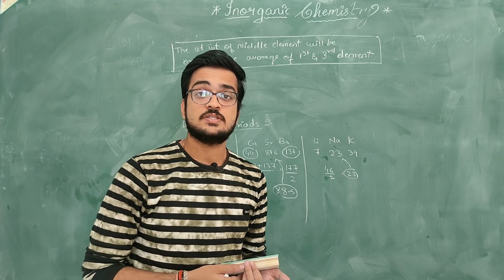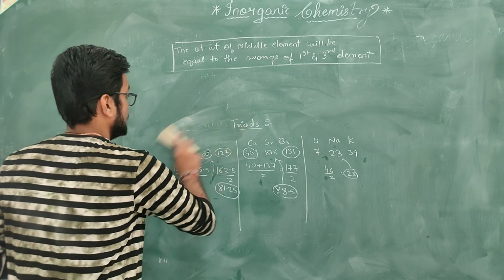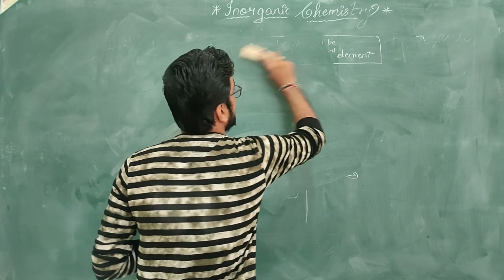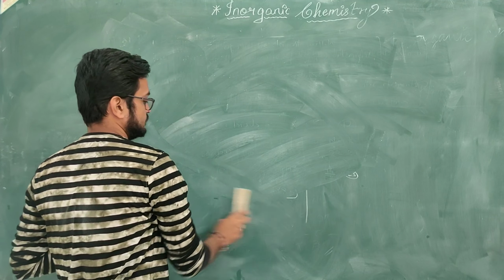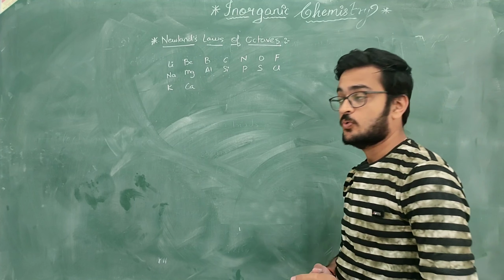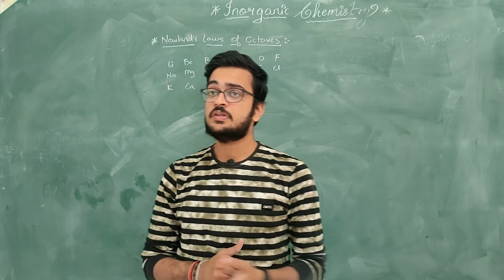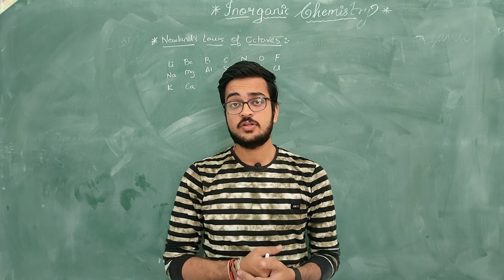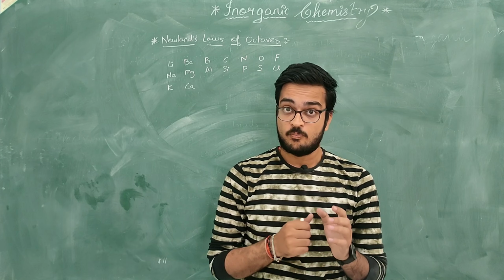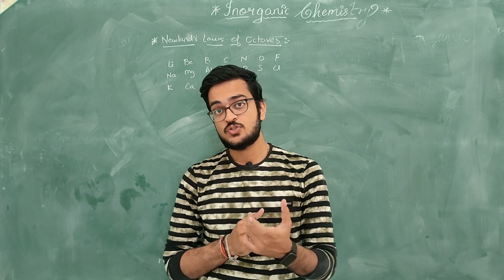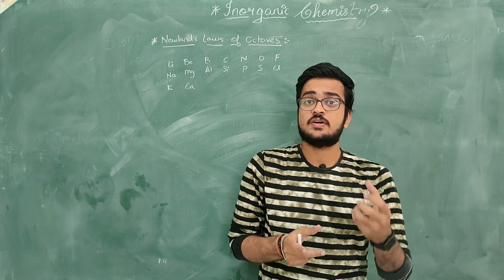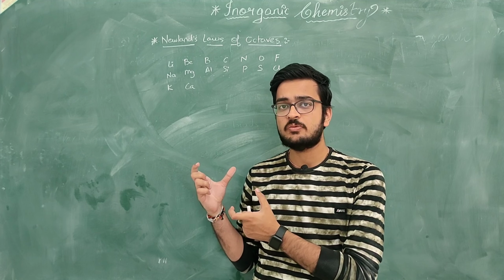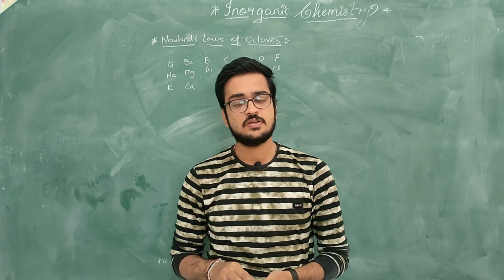Now coming on to the next, that is Newlands' law of octaves. So here is the next scientist. Even he tried to classify the elements. And let me tell you one more thing: we are saying that they were ruled out, or they had some drawbacks, or they were not accepted, but they played a very important role. They played a major role in chemistry, and their concepts are used in chemistry. Though it was not accepted at that point for classification of the periodic table, we still use their concepts to some extent in chemistry.